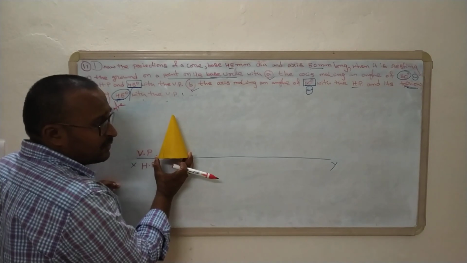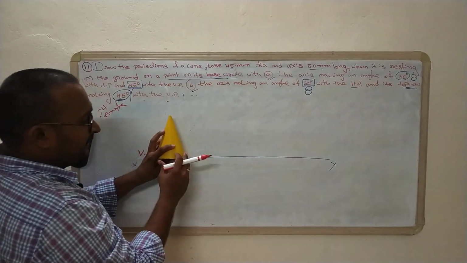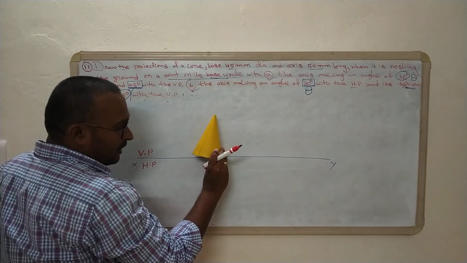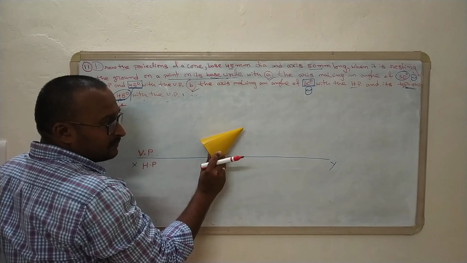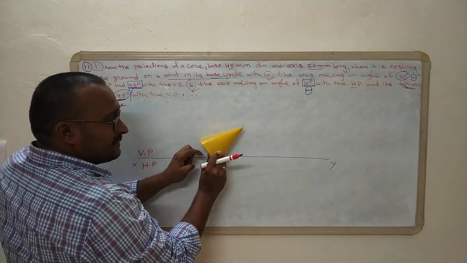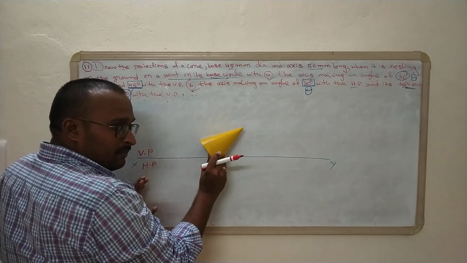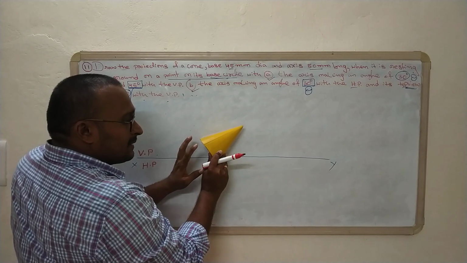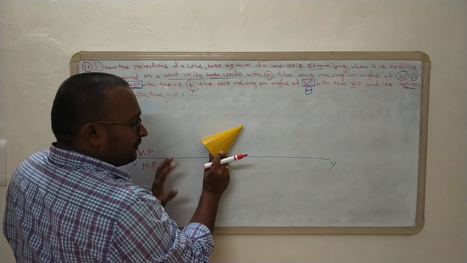Thereafter, in the second stage, we need to rotate it at an angle of 30 degrees, that is theta. The axis is now making 90 degrees, and now we are going to rotate it by 30 degrees. Then whenever we look from the top view, this circular surface will be half visible, half invisible, right? Half will be a visible elliptical shape and half will be an invisible elliptical shape, right?